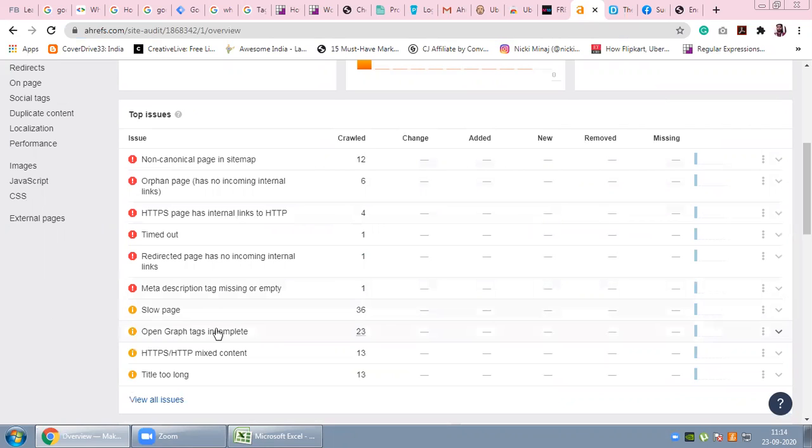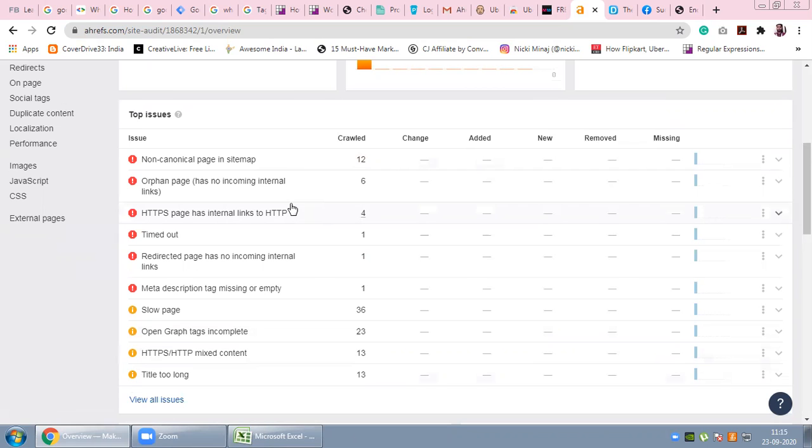There are slow pages, there are open graph tags which are incomplete, there are HTTP and HTTPS issues that need to be fixed. There are a few pages where the title tag is quite long. There are canonical issues for one or two pages. I don't know why they are showing 12 pages.